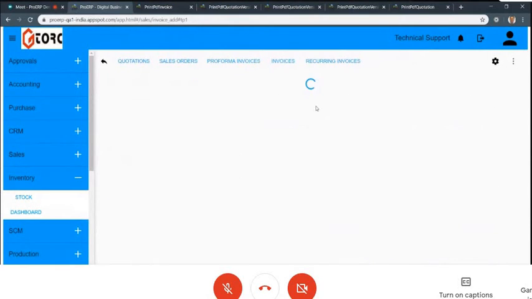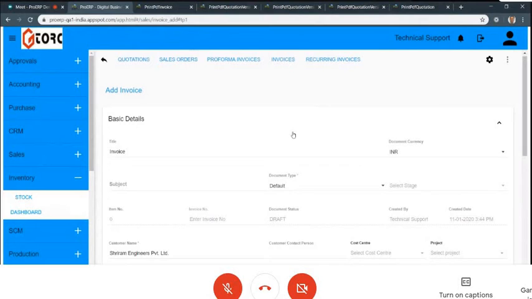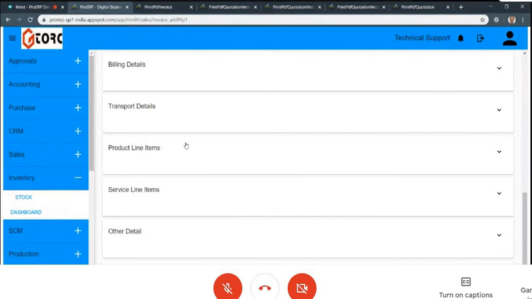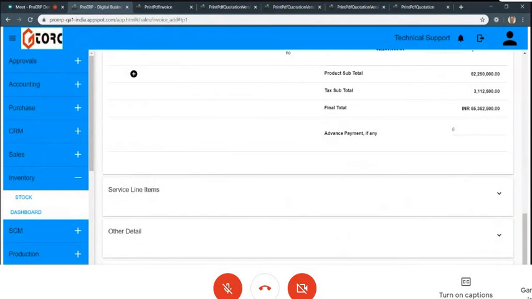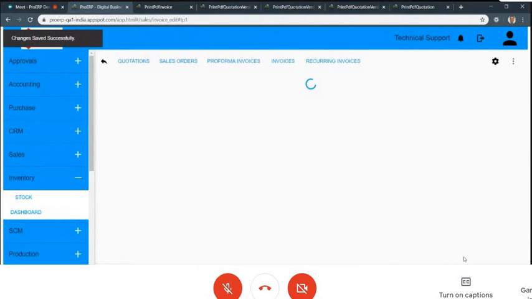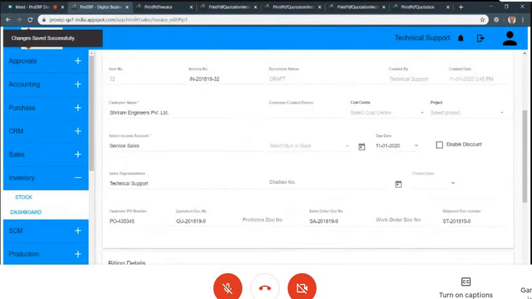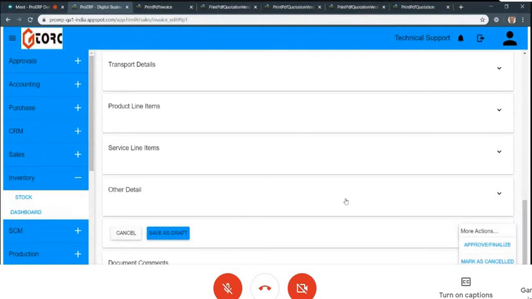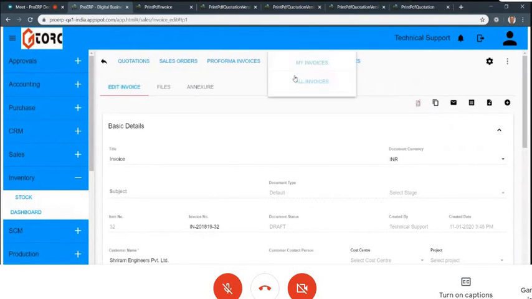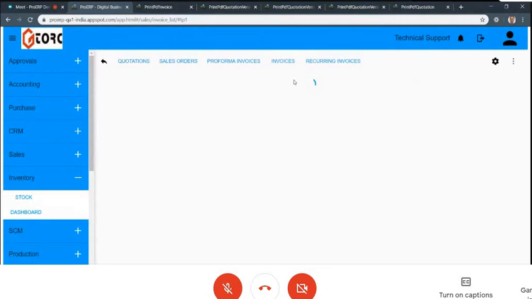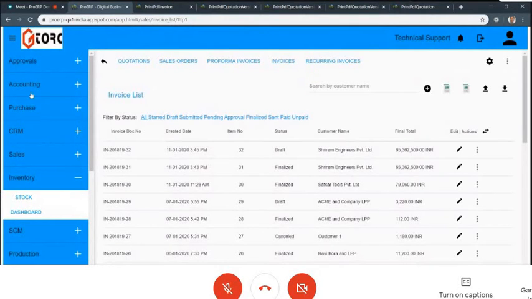So I create an invoice against this, and I'll just mark this invoice, save as draft, and finalize. Let me see if I had created an earlier invoice. Yeah, okay, so that was there.